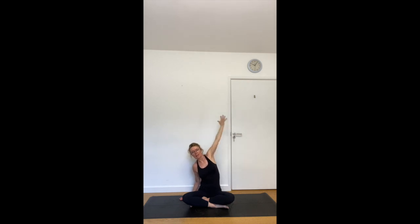Okay, let's come back. And then just popping the fingertips behind, lift the chest up and forward. So you're turning the fingertips backwards and lifting the chest, squeezing the shoulder blades together, letting the chin stay down. And then we take the left hand onto the right knee and turn. So you're drawing your right shoulder back